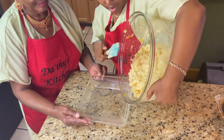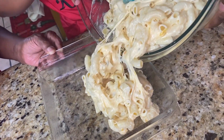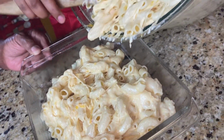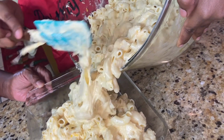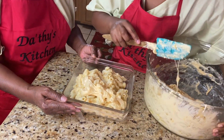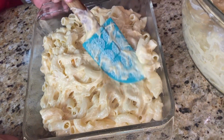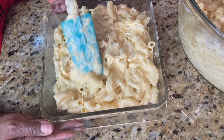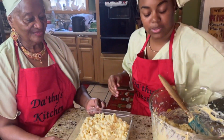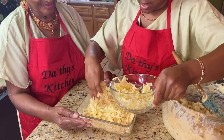Get that over there. Yes. If your mac and cheese don't make that sound, macaroni in the pot. Okay? We want this to be ooey gooey and delicious. That's right. So now we made our first pan with our mixture, and we're gonna take the remainder of our